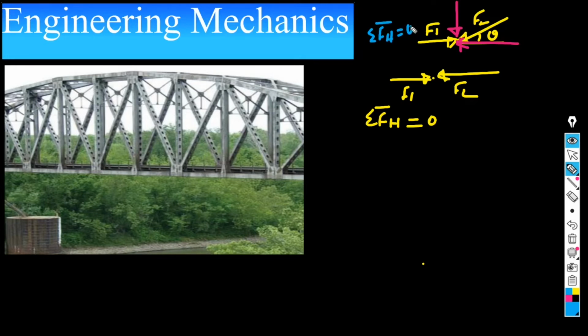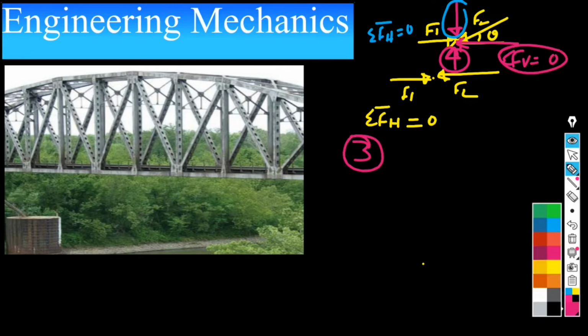But we are left with one more force in the vertical direction. In order to ensure the complete equilibrium of the particle, we need one more force in the vertical direction to balance the remaining unbalanced force. The conclusion from here is that we would need a minimum of 3 forces to ensure the complete equilibrium of a particle in general.